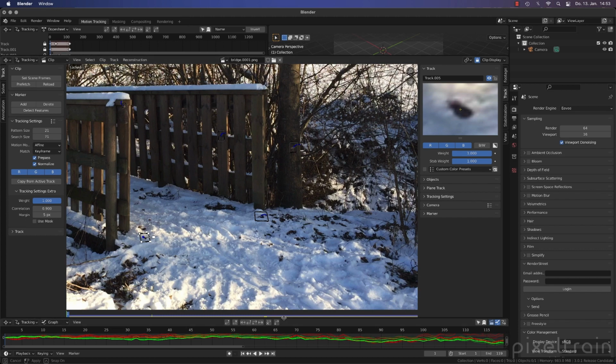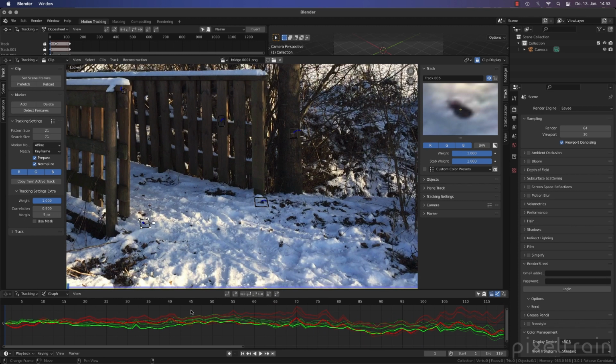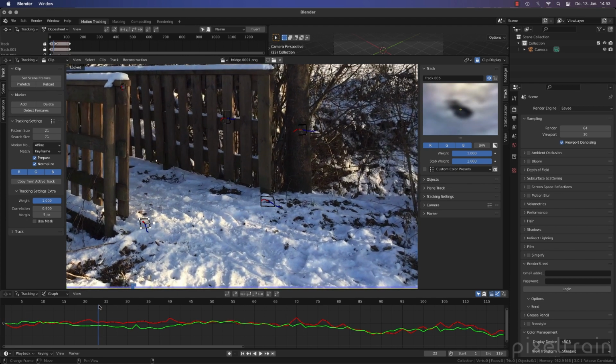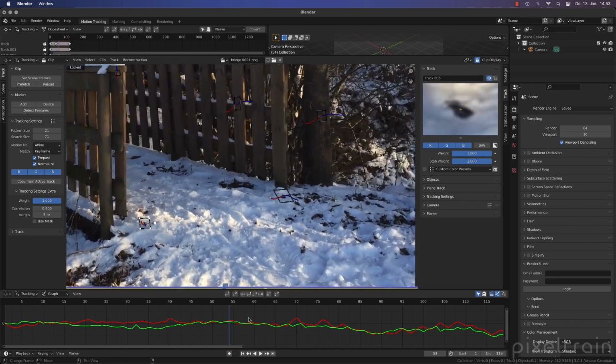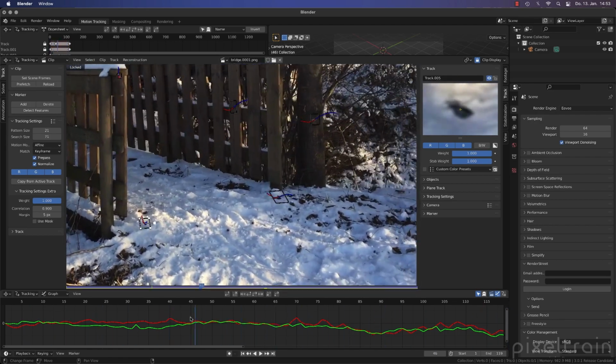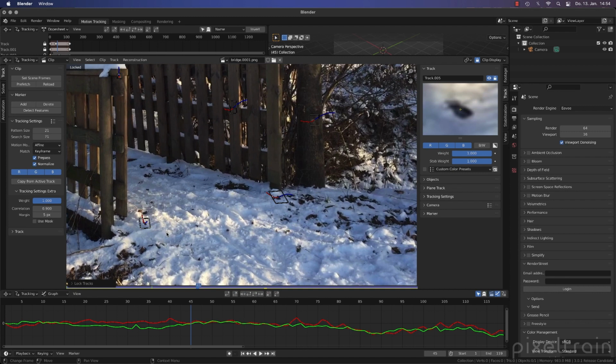What's also a good helper is that if you open here this tracking graph and you select here only selected, you see here the graph. And what I'm also looking into is if we have really erratic jumps. This really often tells me that we lost something here, but this here looks good. Lock it. Let's take something more in the back.